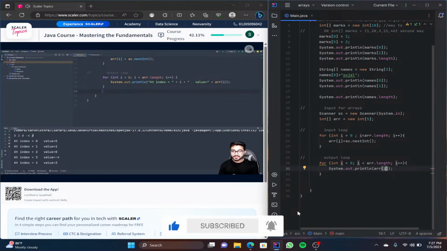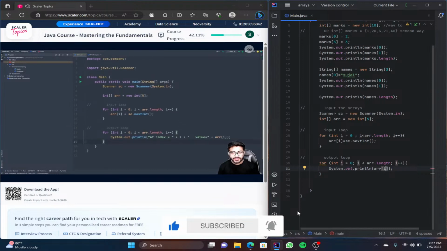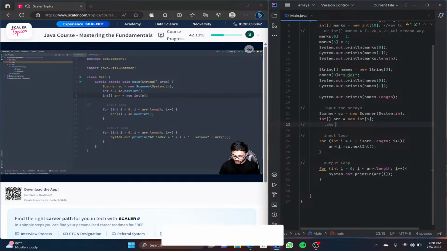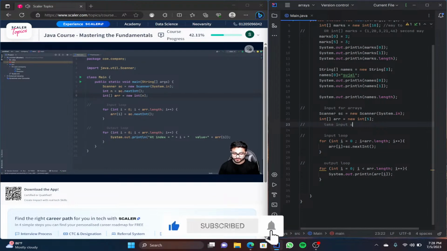Now let us take this one step even further. So currently we have hard coded the size of the array. Now what if I want to take the size of the array as input as well? Now even that's also very easy. So I can just create a variable over here. I'll say int n is equal to sc.nextInt. And while declaring the size, instead of using the value 5, I'll just say n. That's it. Now when I run this program,